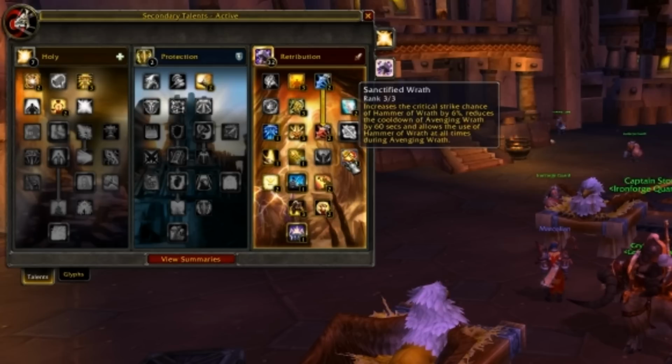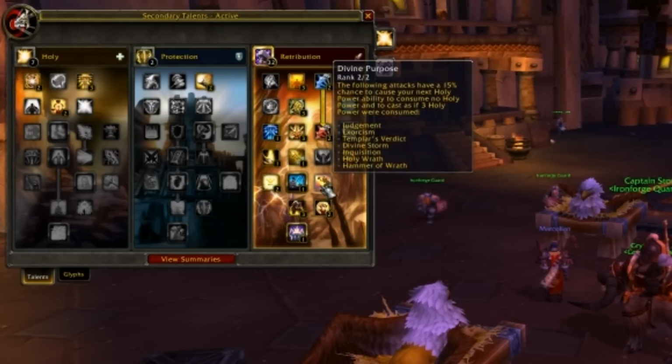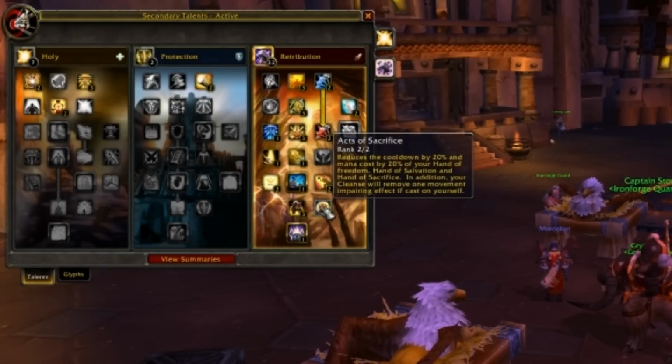And moving on, Sanctified Wrath 3 out of 3, Selfless Healer of course, 2 out of 2, Repentance, Divine Purpose 2 out of 2, Eye for an Eye... Acts of Sacrifice 2 out of 2. Now you should use this. I use this a lot because first thing, you have a 20% reduction on the cooldown and 20% reduction in mana cost for your Hand of Freedom. And also, if you have this, your cleanse will help remove frost novas and roots and stuff like that,